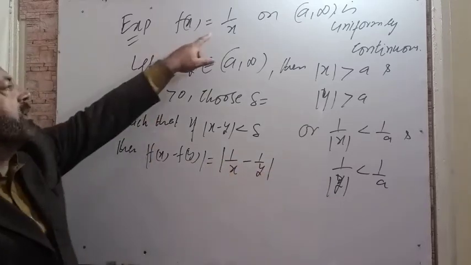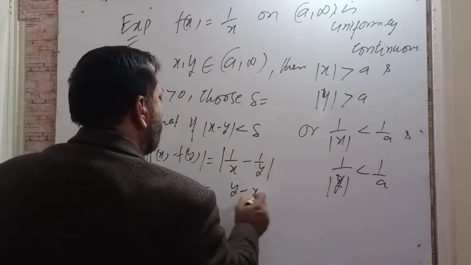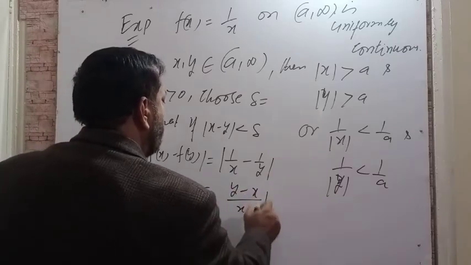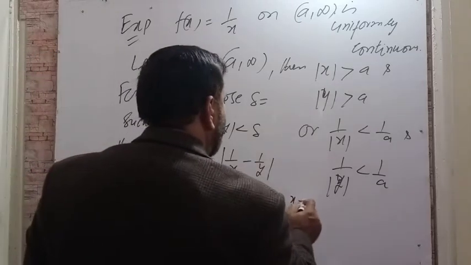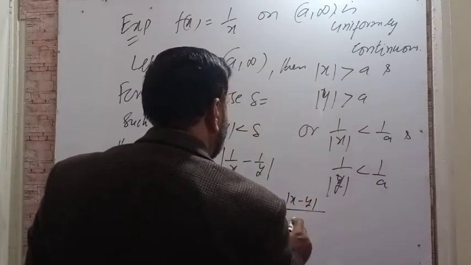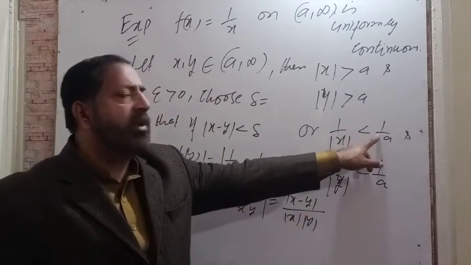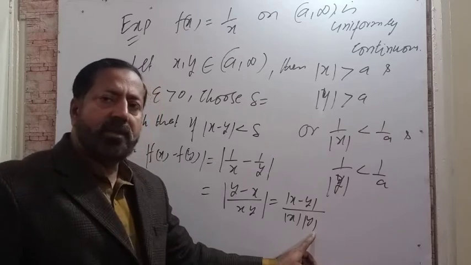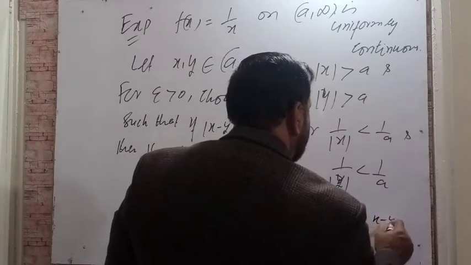You know f(x) is equal to 1 over x, and if you simplify, this is equal to |y minus x| over |xy|, and this further can be written as |x minus y| over |x||y|. You know 1 over |x| is less than 1 over a and 1 over |y| is less than 1 over a. So you can write this is less than 1 over a squared times |x minus y|,